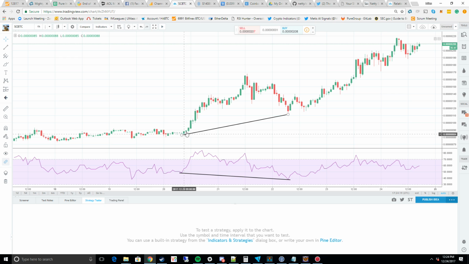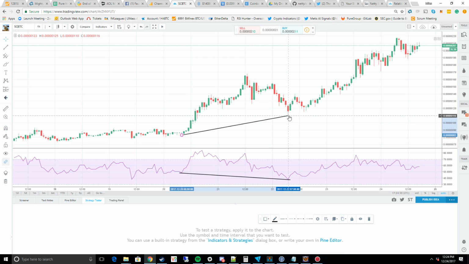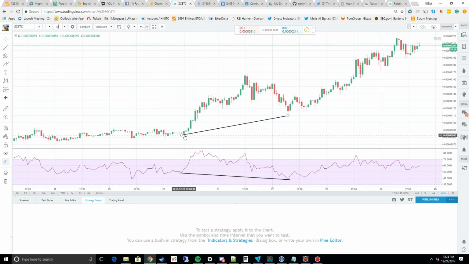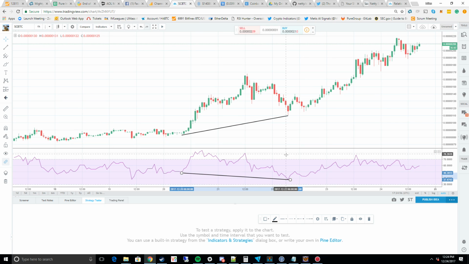The relative low in this area, which is right before the pump, we indicated at this point, and the relative low that was the lowest low after the crash on Sia coin is right here. So I made it easier for me to visualize and drew a line connecting those two lows. As we can see, the relative low is increasing over time. Now let's look at RSI. At that same point where we had this first low on the price chart, we can see that RSI was at this point. So I'm starting a line right here, and we can see that at the second price point, RSI touched here. So we can see that momentum on RSI went downwards as price relativity went upwards,